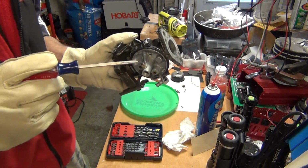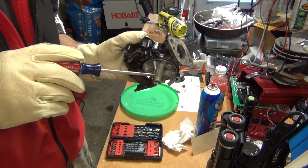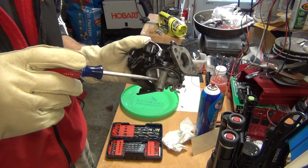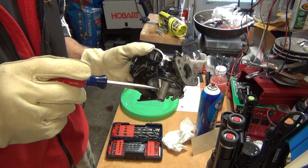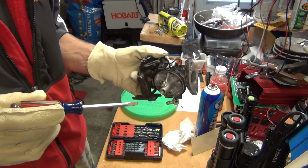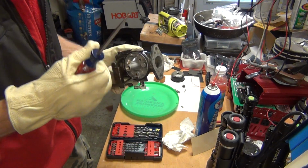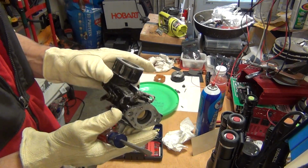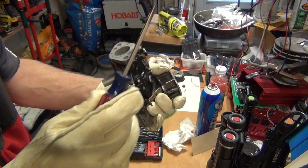Number two, this jet here, just like every other carburetor, has a little hole here, so clean it with the wire. You can even unscrew it if you like, but you don't have to. Clean it with the wire, then use plenty of carb cleaner and let it run through. And now the main jet and the idle jets. Okay, now again, just like on every other carburetor, you have a